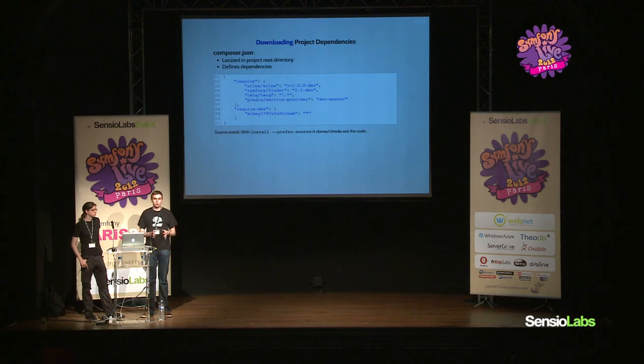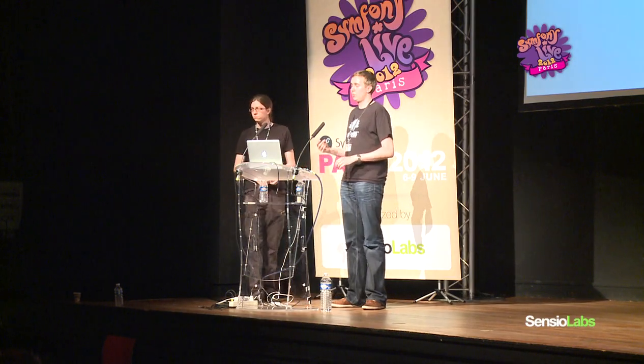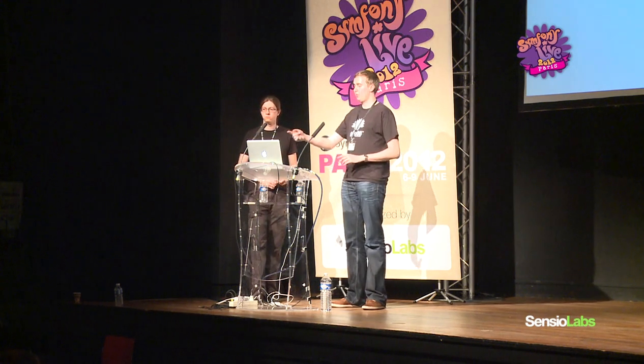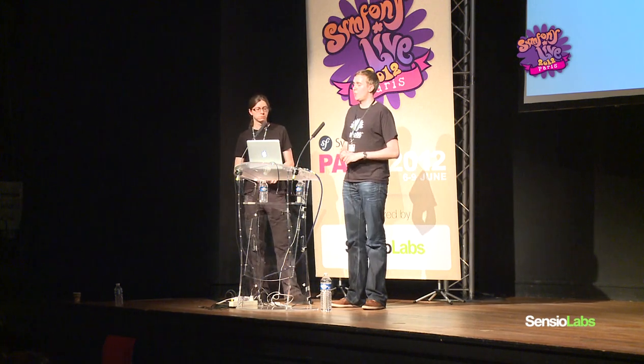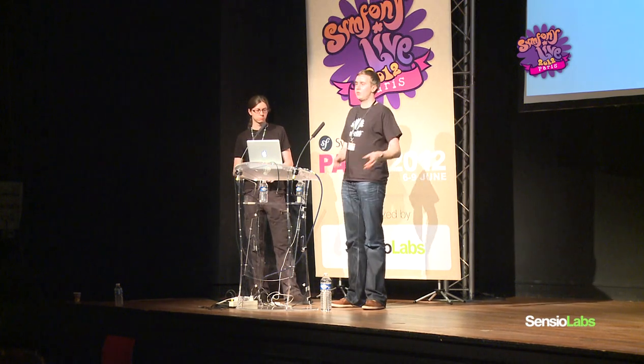You locate it in the root directory of your project, where it's automatically found, for example, by Packagist when it's indexing GitHub repositories. And all you do is name the package that you have as a dependency, and you specify a version constraint. This can be just an exact version that you want to use. It can be something like 1.*, which is any 1.x version, but not 2.something. And that way, you can specify which dependencies you have. And when you run composer install, these will be installed, including all of their dependencies and dependencies of their dependencies,